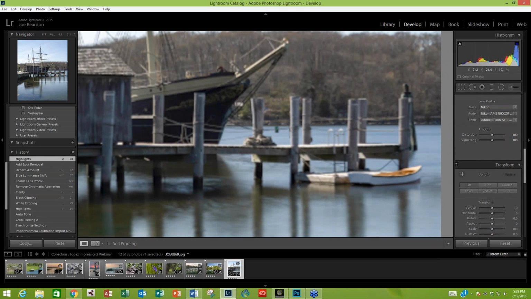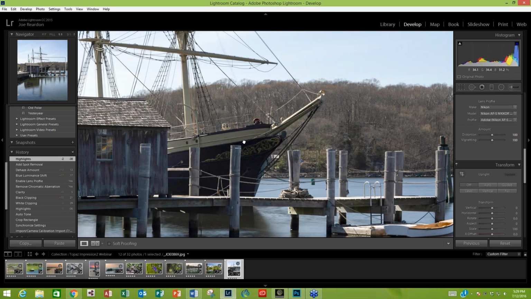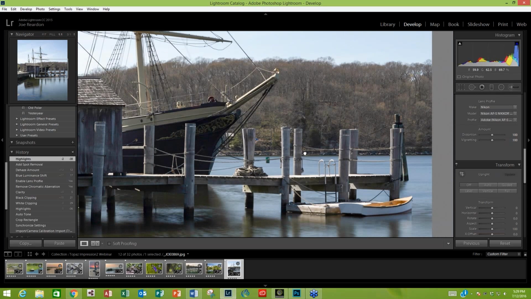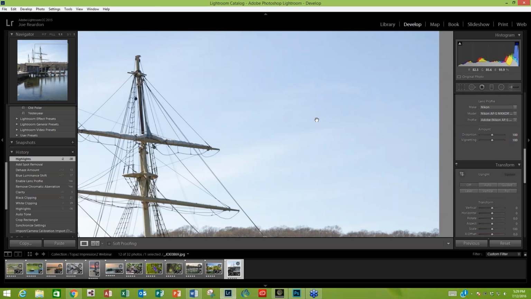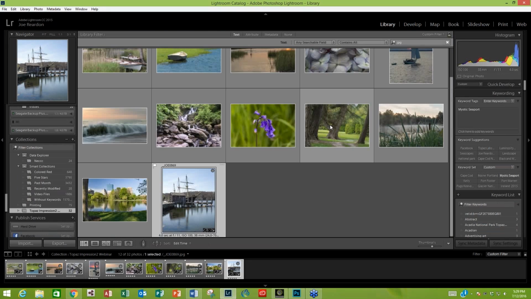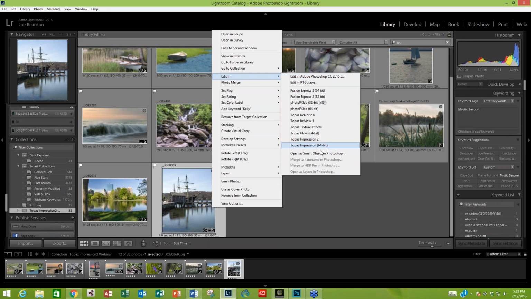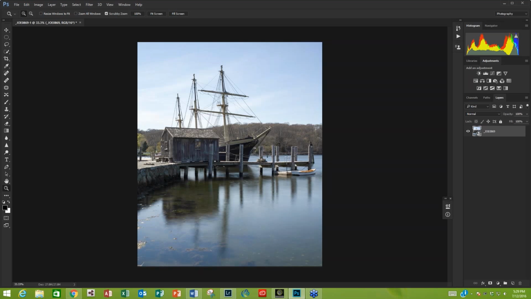We shot this maybe a month and a half ago down at Mystic, Connecticut in the Seaport. If those of you that live on the East Coast and the Northeast, if you ever get a chance to visit, it's a wonderful treasure trove of opportunities. So we will go into Photoshop. And we're going to go directly into